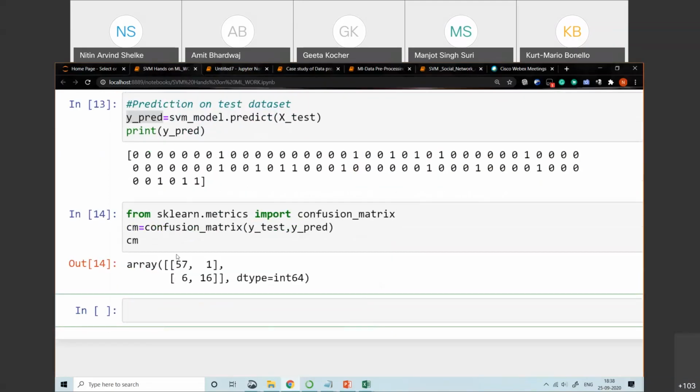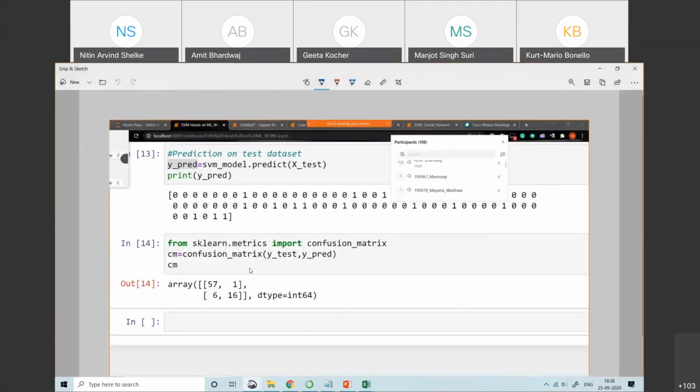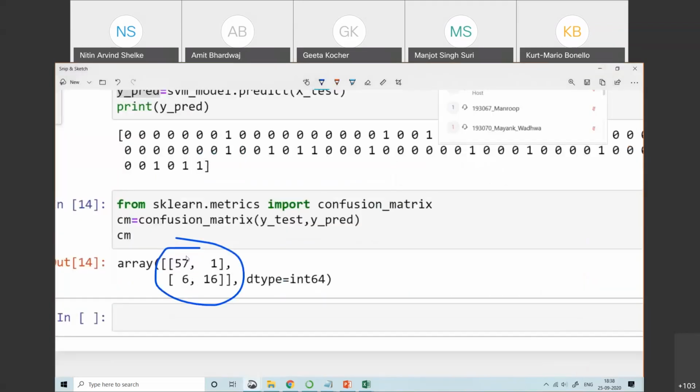Now through the confusion matrix you get to know about the accuracy. To calculate the accuracy from the confusion matrix, we are always interested in the diagonal part. So 57 plus 16 divided by all the values, 57 plus 1 plus 6 plus 16.